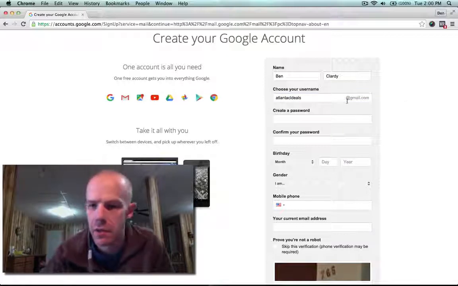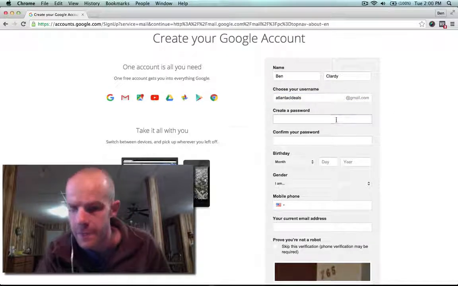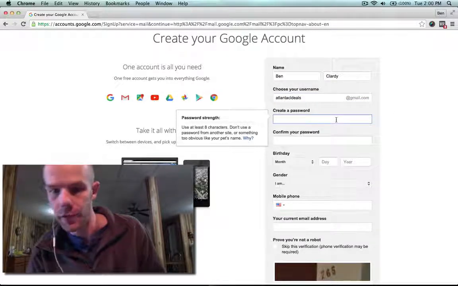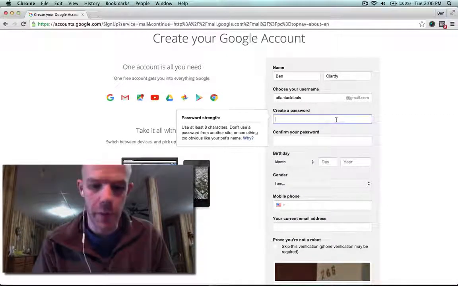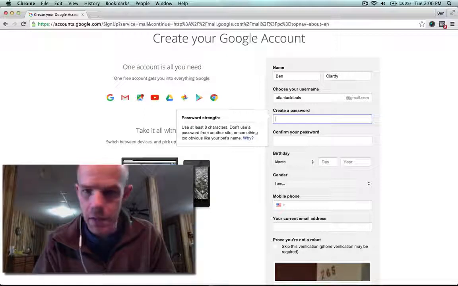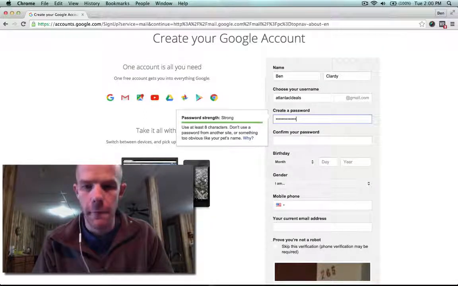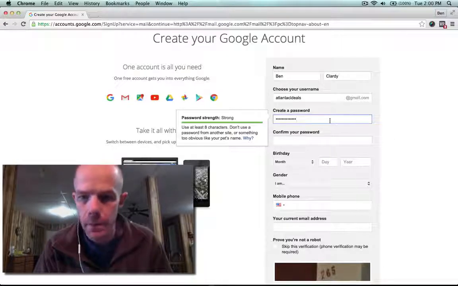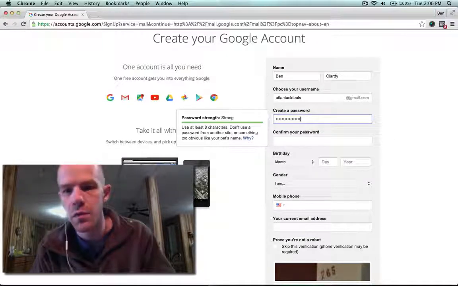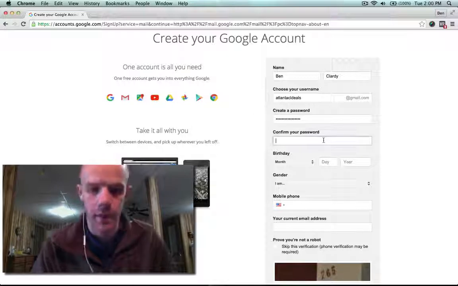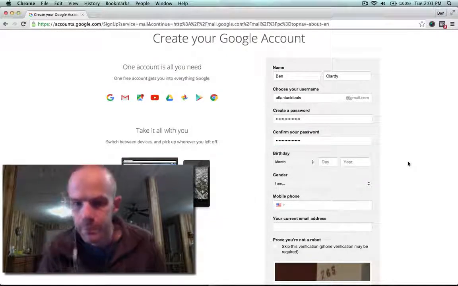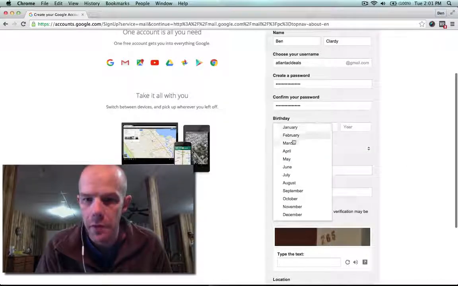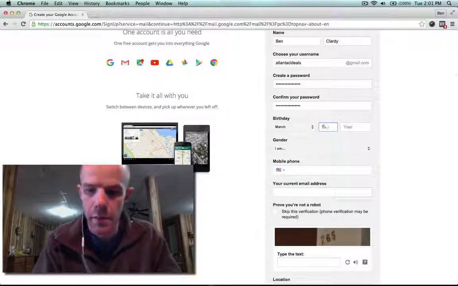Let's see if that's even available. I think that it is, since it hasn't popped up a different box saying it's not available. So let's try that. For the password, I'm just going to use the same thing, Atlanta CL Deals. I'm going to do Atlanta CL Deals 1, 2, 3 for the password. I have to write this stuff down. For the birthday, put in your birthday,